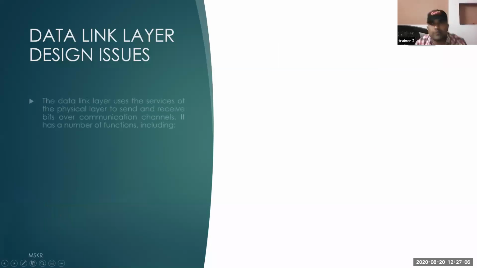Now, to do all those things, the data link layer first has to concentrate on what problems it needs to handle. Before coming to the overview, let's see how the data link layer design started. Normally, when we ask you to do a project, your project involves multiple steps.